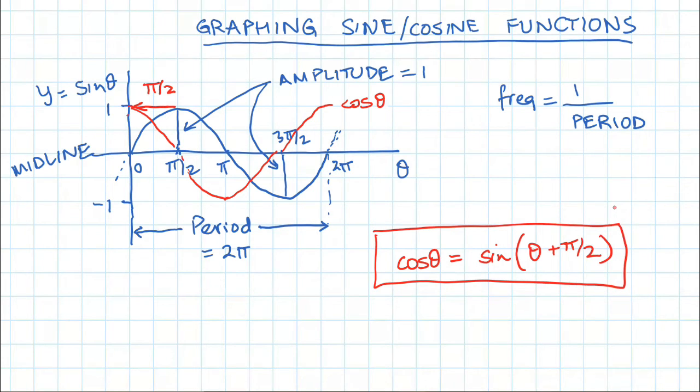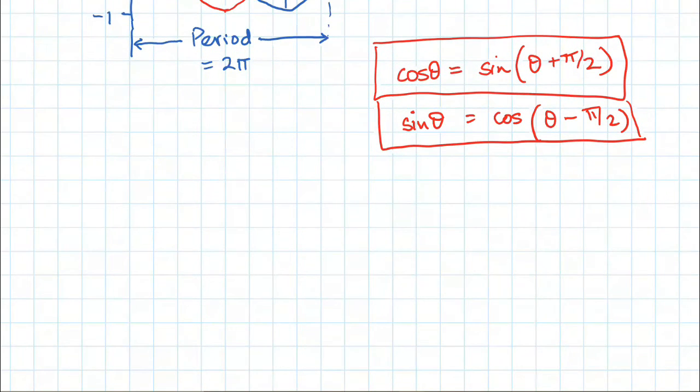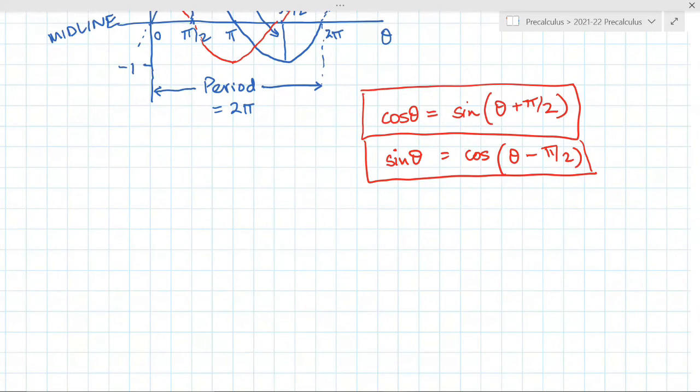If you shift sine theta left by pi over 2, you get cosine theta, or you can shift cosine theta right by pi over 2, and then you will get sine theta. So you can also say sine theta is cosine of theta minus pi over 2. That is also true. Like we can generally transform any function, we can also transform sine and cosine functions. And we wrote the transformation in a general way as